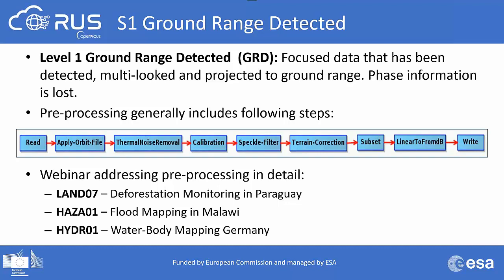Phase information is generally used for coherence estimation, as we will do in the second part of the exercise, or for example for interferometry, subsidence monitoring and so on. But for flood mapping we do not need it anymore, so that's why we use the ground range detected data. Okay, so let me go out